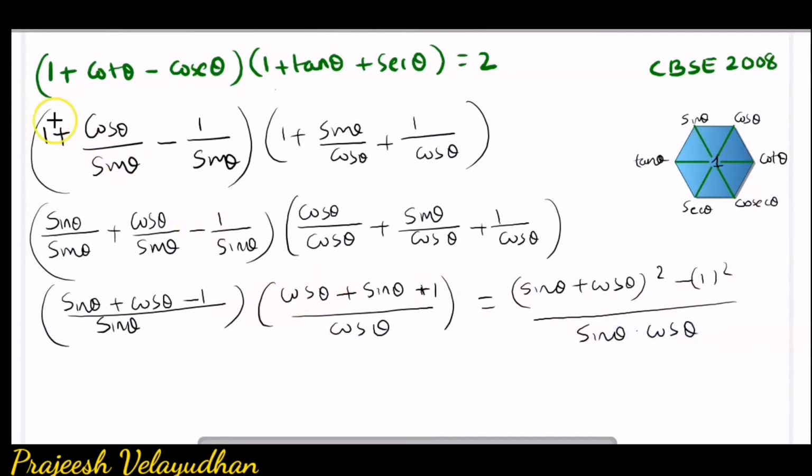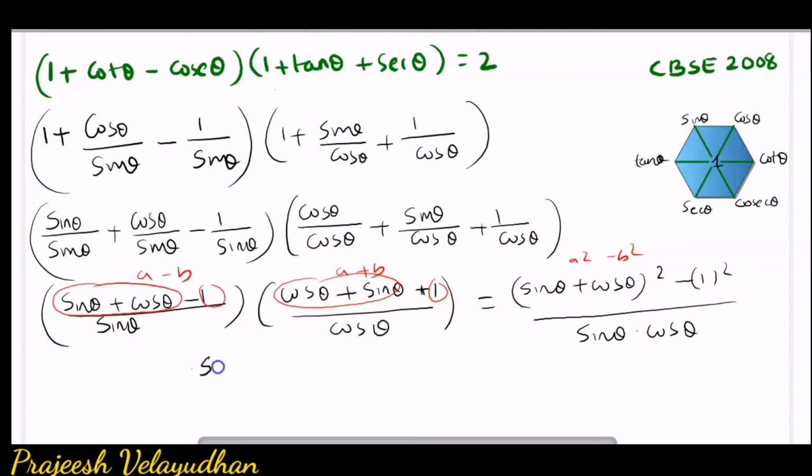Okay, see, this I consider as a and this is b. Here you can see a and this is b. So a plus b and a minus b, which is equal to a square minus b square. So it's multiplication, and sin theta into cos theta. So in continuation we can write sin theta plus cos theta all square minus 1 square. What is sin theta plus cos theta all square? We know a plus b all square formula.